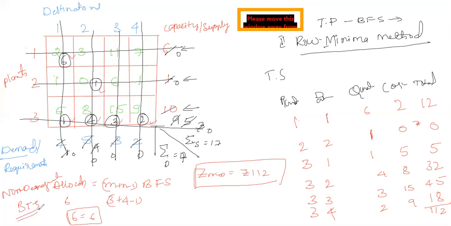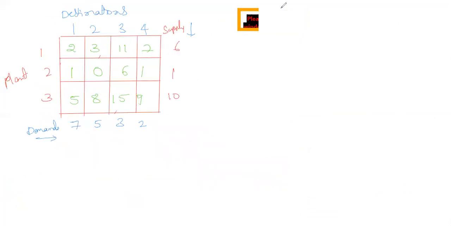Okay, so this is how you need to solve. The meaning of row minimum is to select the row, and in that particular row, choose the minimum value and go on allocating depending upon supply and demand, allocating the products from different plants to different destinations. This is about the row minimum. Similarly, we'll go for the same problem and solve it with the column minimum method. For the given transportation problem, find out the basic feasible solution using the column minimum method.